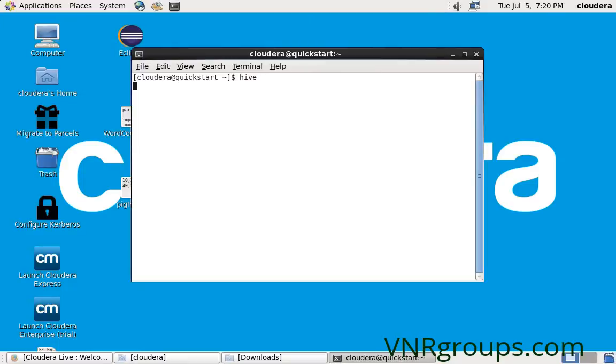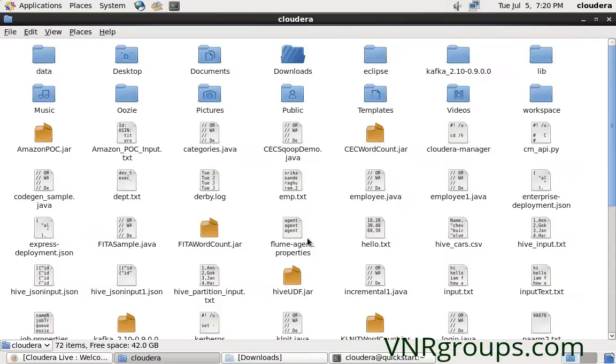What I'm going to do now is take one input file. I have a sample input data here, named hive_input.txt. It's just a text file with some sample data. I want to place this input file in HDFS first, and then show you how we can create a table over this file and logically represent the data as structured data. Once it is represented as structured data, I'll show what kind of queries we can write using HiveQL.